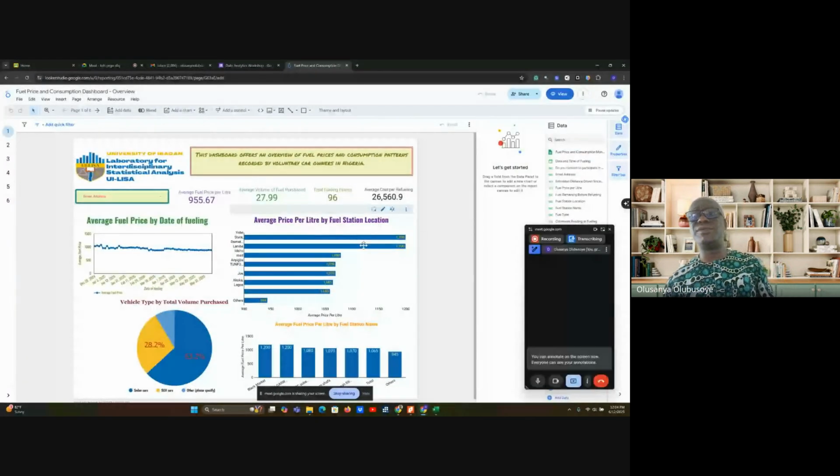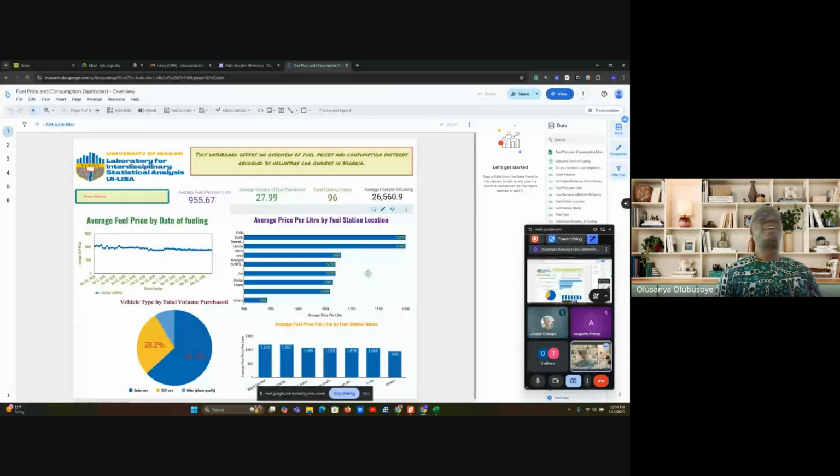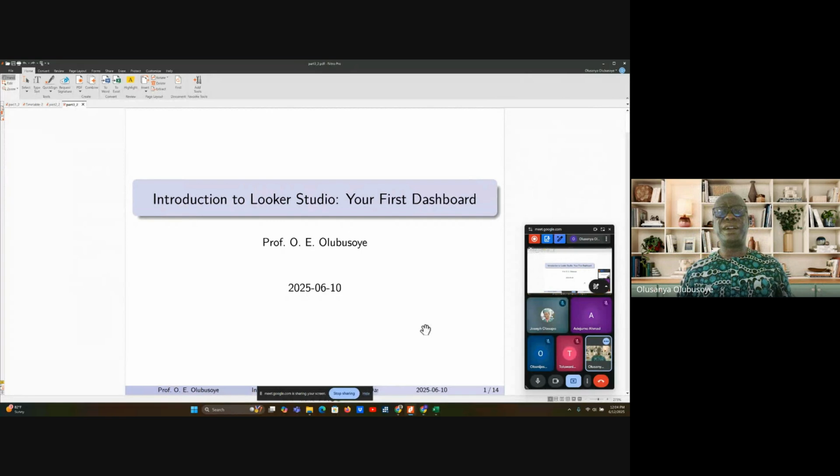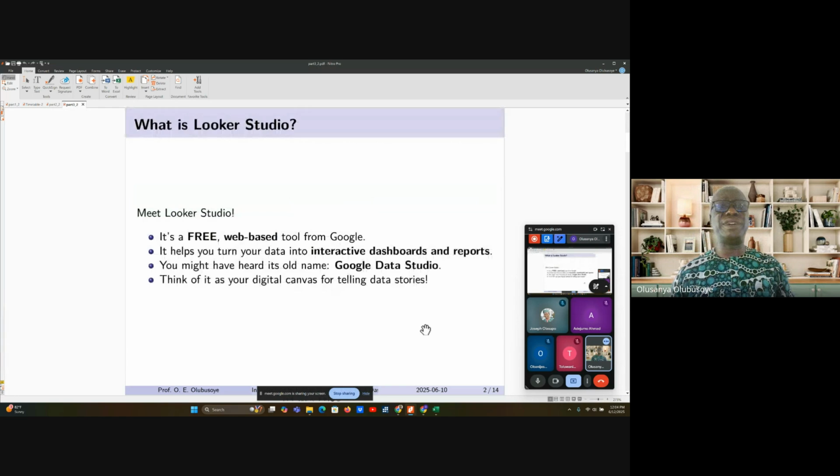So this is the local studio environment. But for you to start, before you start, let's have some background about the local studio. So if they say what is a local studio,